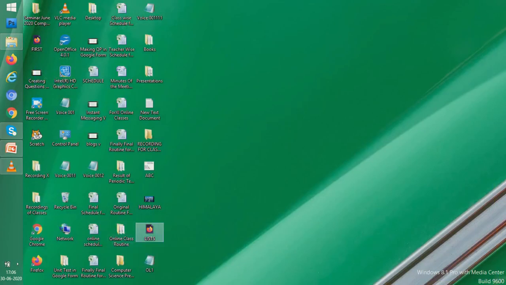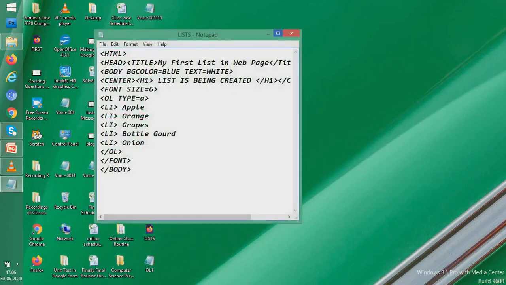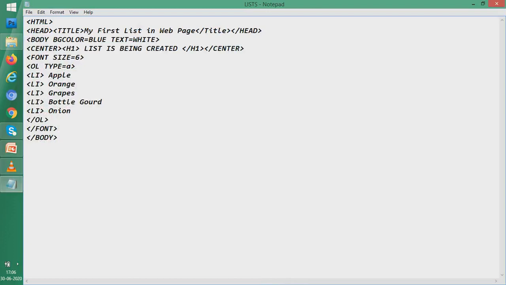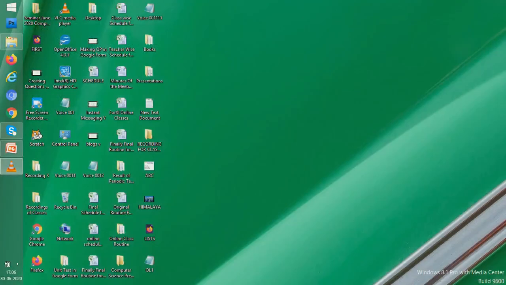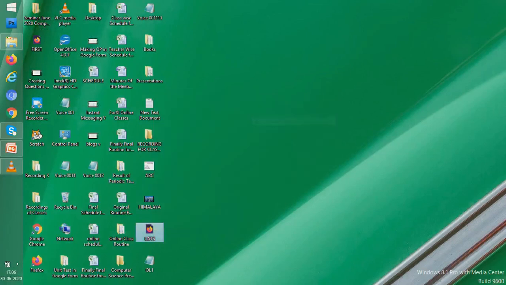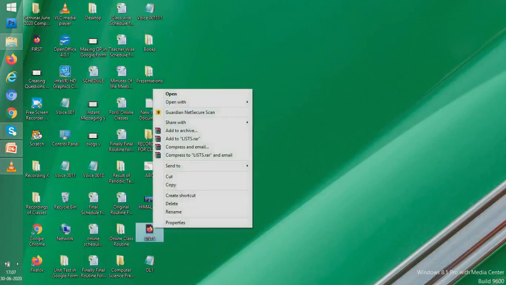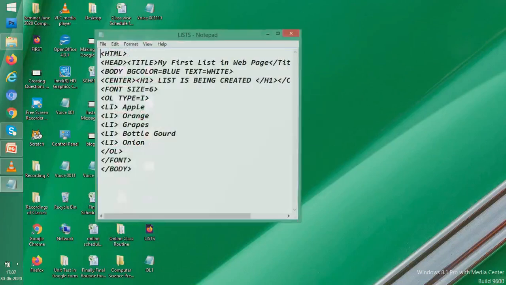How to use Roman numbers? What we'll do is, we'll put here a capital I. So if I put capital I, what would happen? When I open it with Google Chrome, we'll find I, II, III, IV, V, and this is Roman numbers. So this is how we do it. Even you can go for small Romans. What to do for small Romans? For small Roman, we'll use a small i in the notepad. So what were the things which we used here?